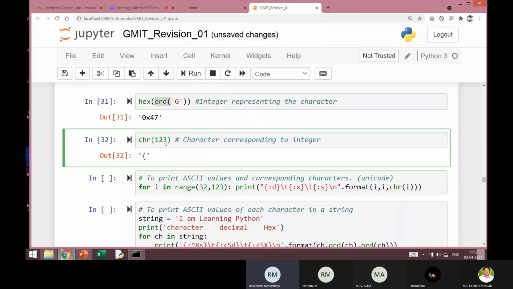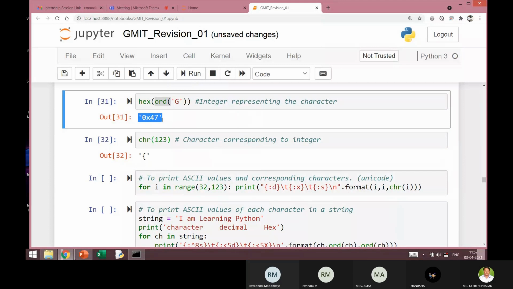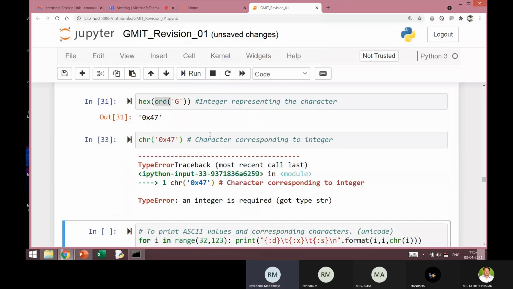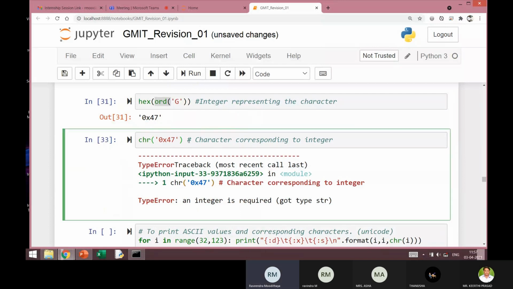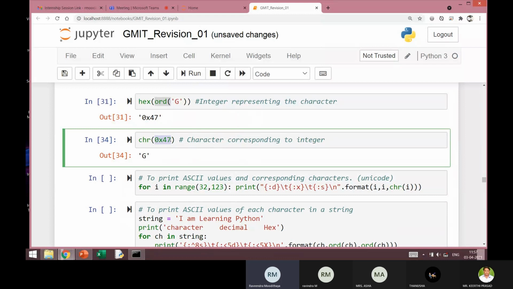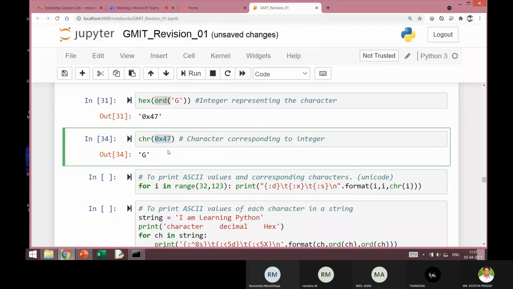Now I can also give a hexadecimal number here. For example, if I write this, it's giving me an error. Okay, so you can see that it's giving me G. So I can give a hexadecimal value or an integer value, whatever representation can be used here.